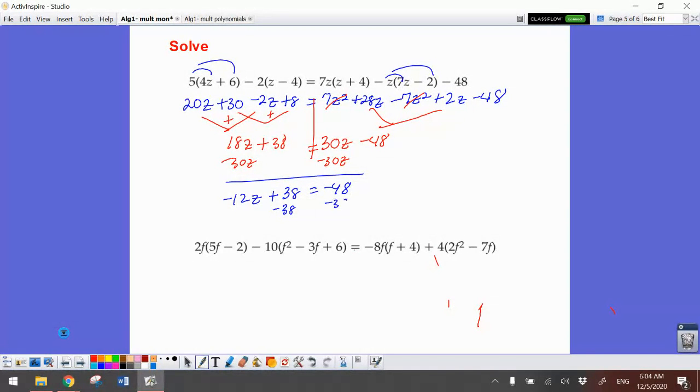Subtract my 38. So negative 12z is equal to, and that is going to give me negative 86. And if we divide 86 and 12,